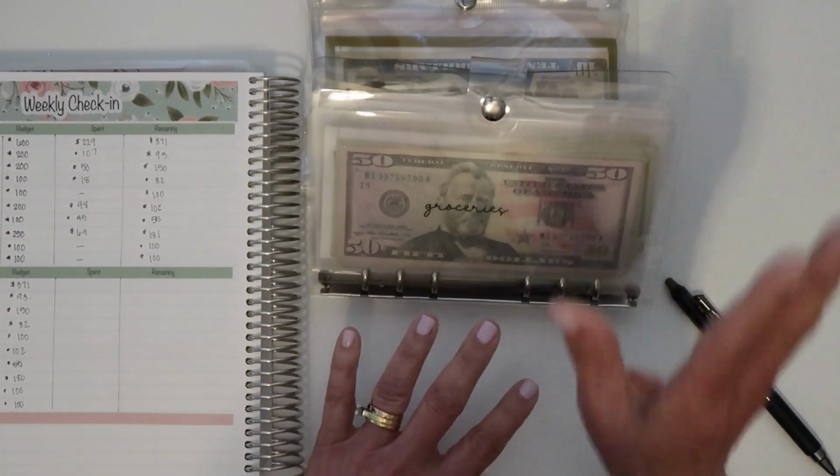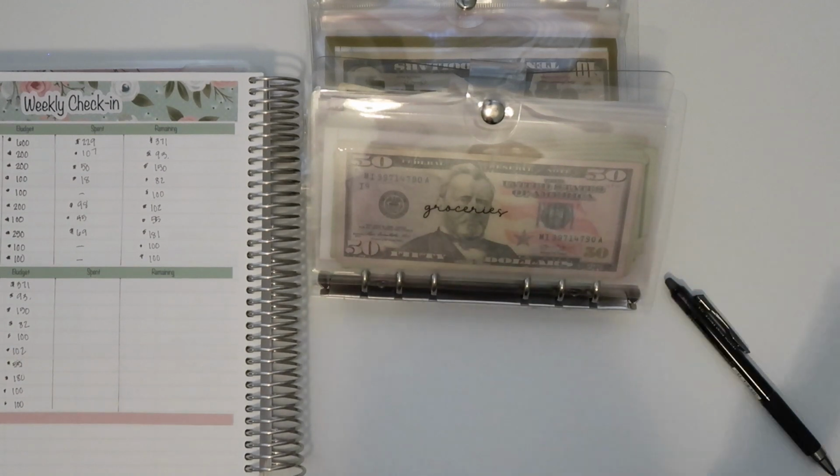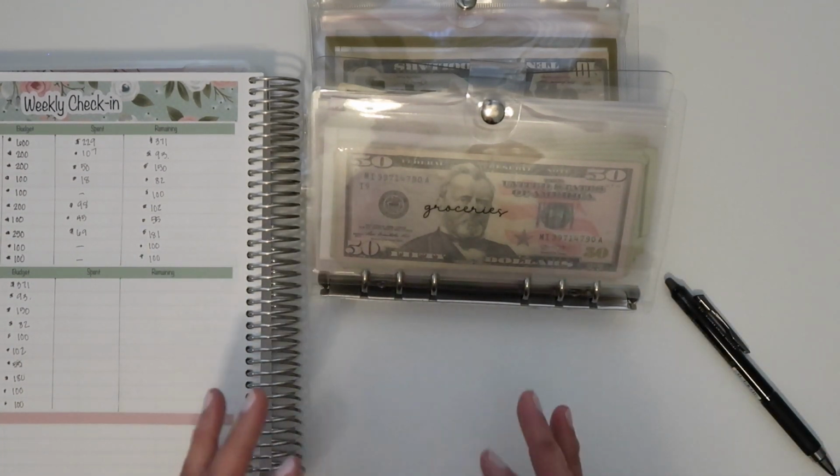I think I just need to continue the practice and the math of kind of going through the envelopes. So if you're watching this and you're like, well, why do you take it out in cash just to pay it back to the card? Why are you using your card instead of your envelopes? And